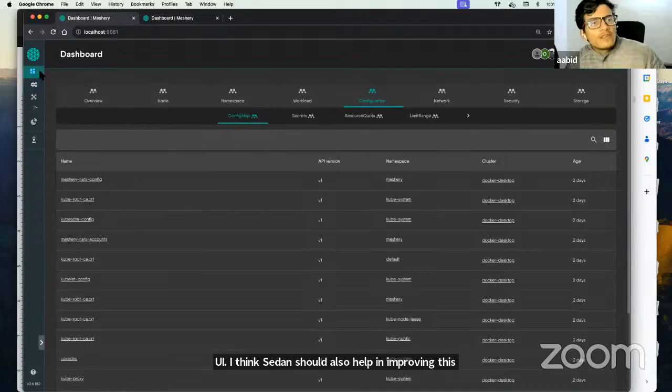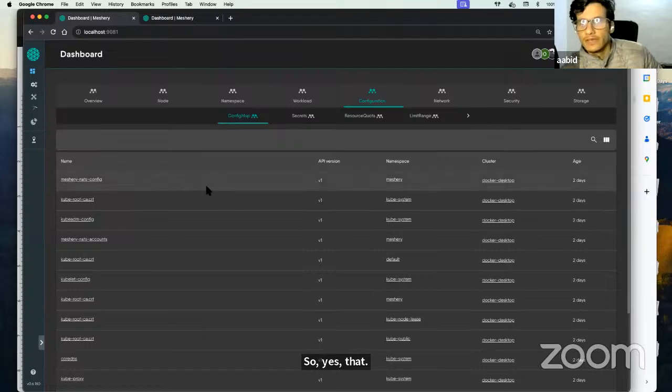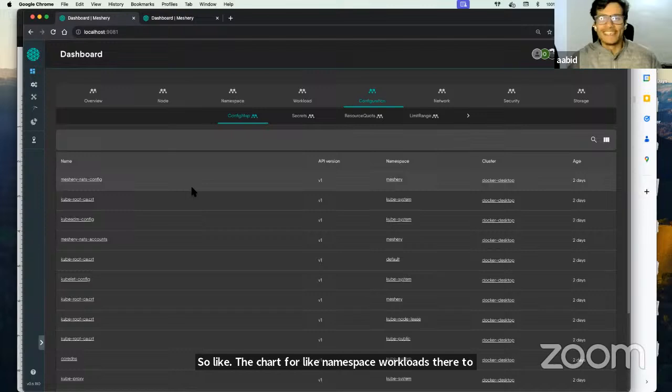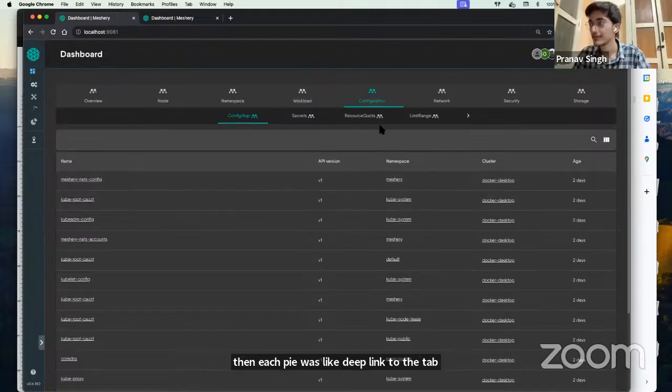So yeah, maybe we could also add a chart that would deep link to these individual tabs. So like the chart for namespace workloads that will show the aggregate of it as a pie chart or donut, and then each pie will deep link to the tab. Yeah, that's